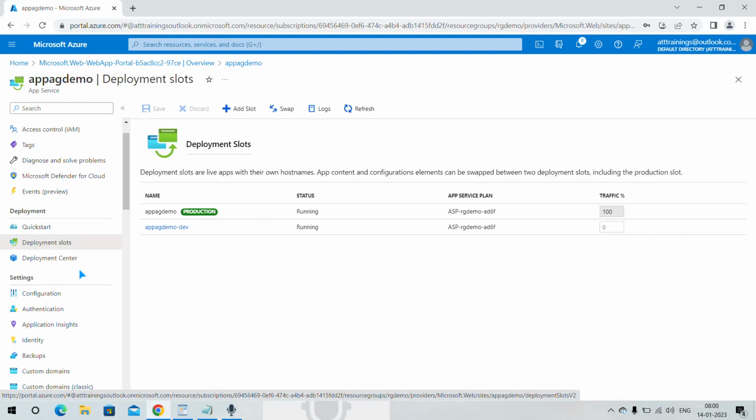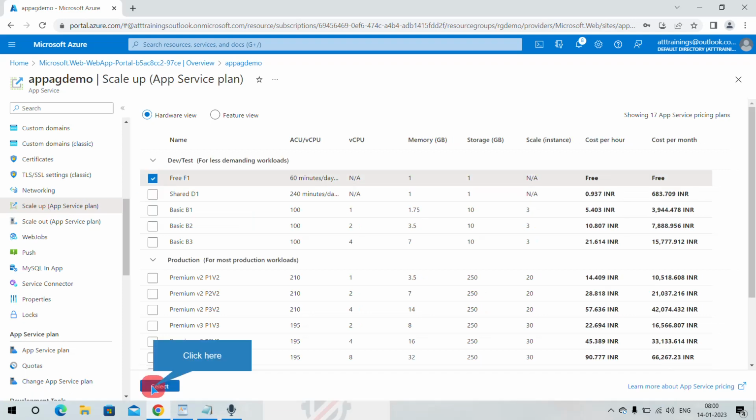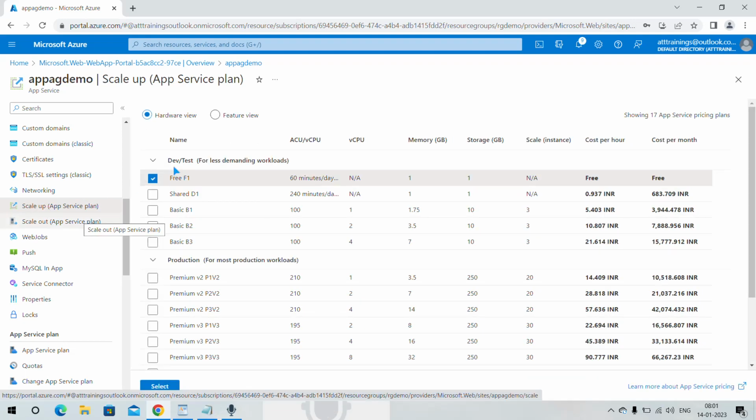Now what I will do, I will scale down. So let me choose the option where the scale down setting is. Scale down can be done in this scale up section. Over here I will choose the free plan. Select and downgrade. Again there is a chance that it will show some error, and that error is related to the always on feature. There has been no error related to always on, but in case you see the error, what you can do is go to configurations,